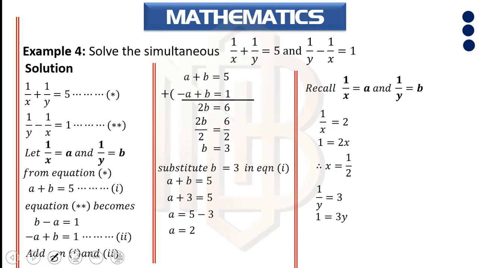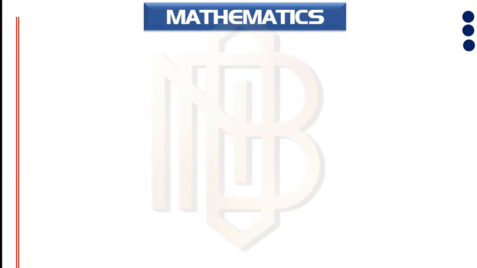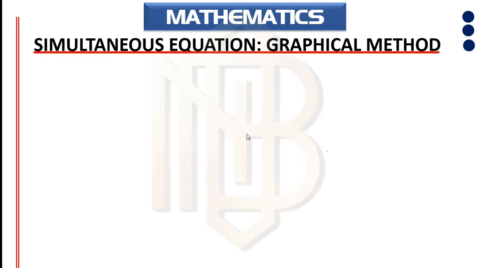You can still, of course, solve the second equation further. We have 1 over y equals b. So 1 over y, since our b is 3, so 1 over y is 3. You cross multiply, you have 1 equals 3y, and then you can say y equals 1 over 3. It's as simple. Looking at graphical method of solving simultaneous equation,